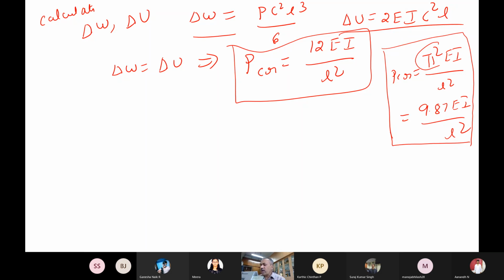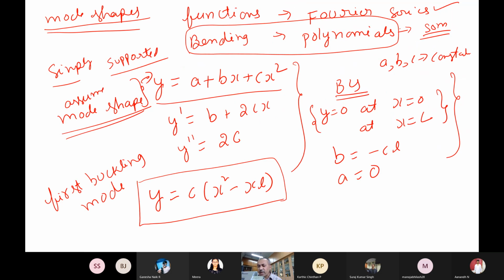So if you try to calculate the percentages, this is something like 17% error. So it says 21% more than the exact value that is given in the book, so they have calculated. So this is how we have got it. Now why did this error come, what is the reason? Just look at the polynomial and tell me what is the reason for this.